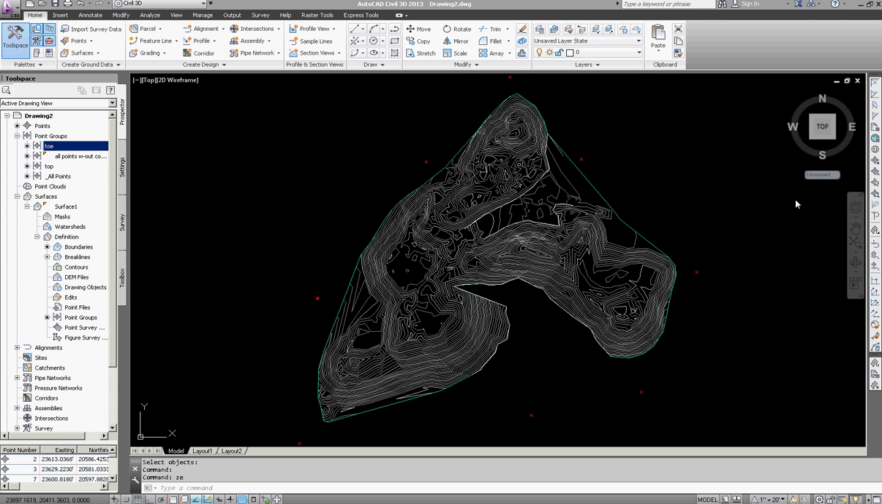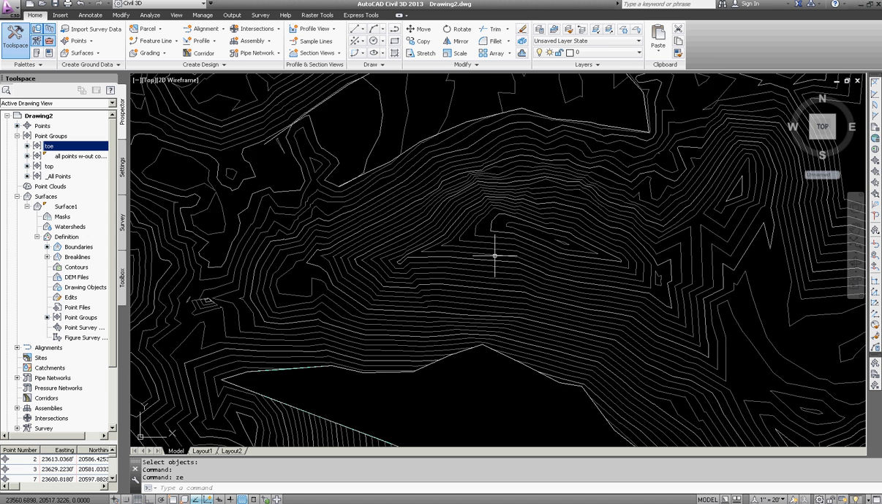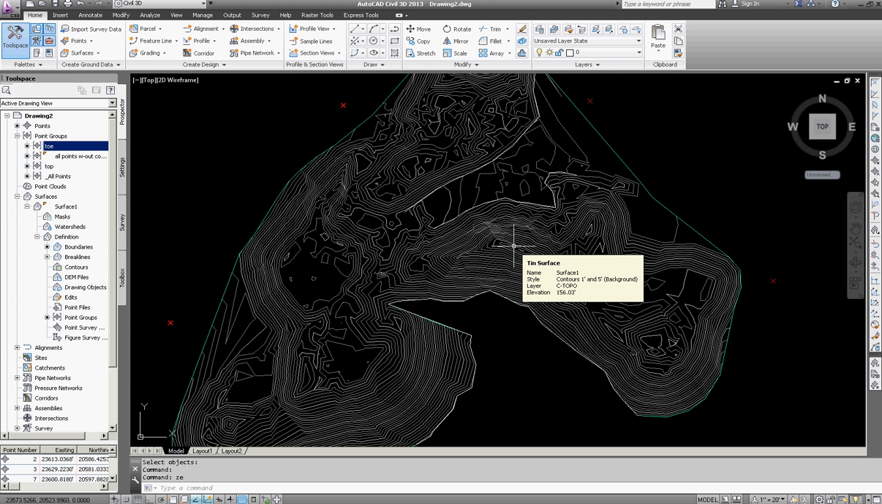Alright, the purpose of this video is to show you how to insert surface labels, both contour labels and also spot elevations. So I've got a surface here, I've created this surface, I've contoured it. Now I need to insert labels to label the contours and also to insert spot elevations at the high points